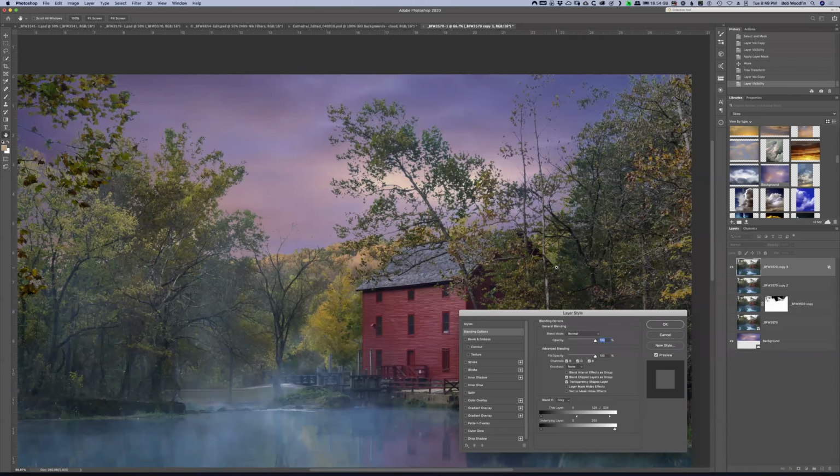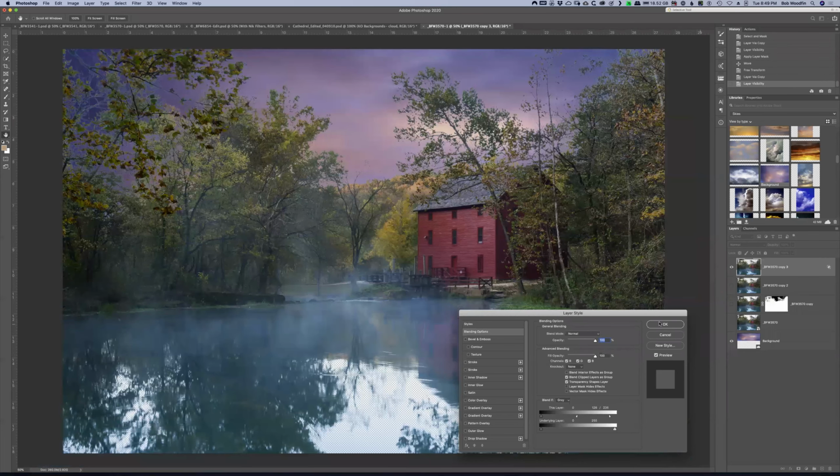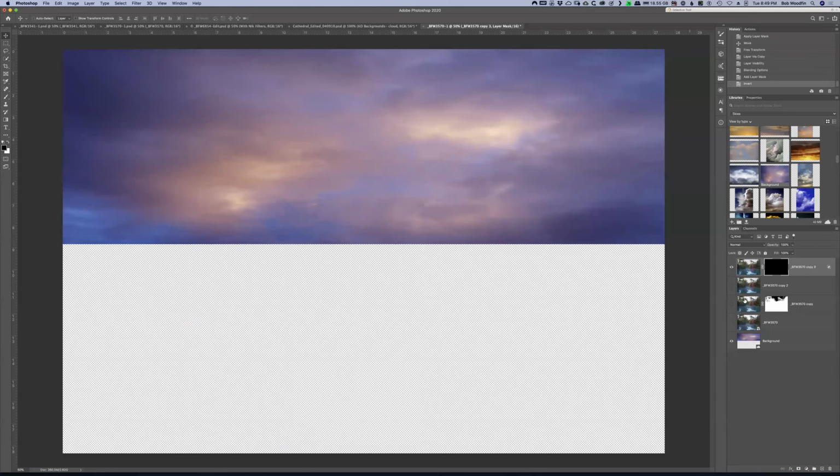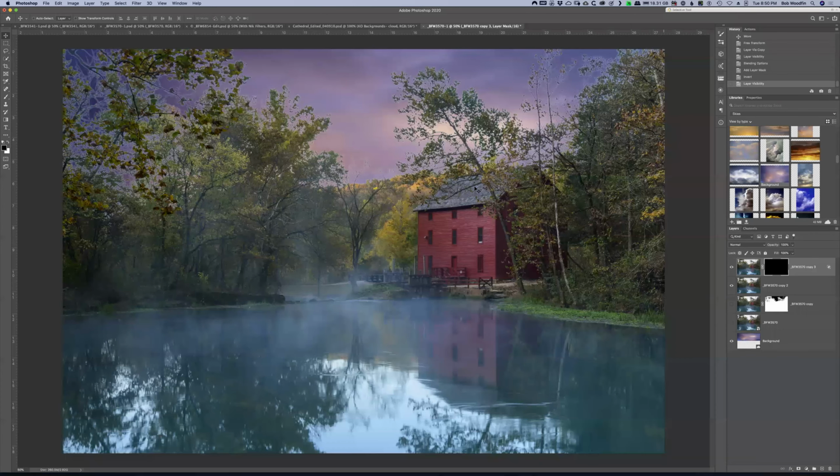So the problem is that this is global whenever I do this. So I don't want it to be applied anywhere down here. Notice that it took out this reflection here. So what I'm going to do is I'm going to put a mask on here. I'm going to invert it so that it hides what I just did. Okay. Then I've got to come in here and paint it in. So I'm going to go with it. Black brush or